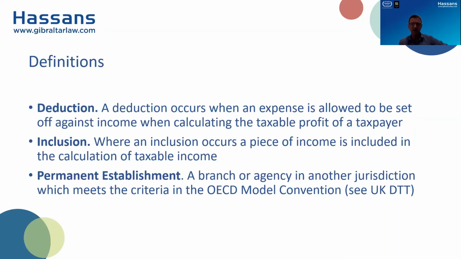Secondly, an inclusion occurs where a piece of income is included in the calculation of taxable income. So if income is not included in the tax calculation, then there is no inclusion. And for hybrid mismatch purposes, that non-inclusion or inclusion has to hinge on the characterization of the entity or the transaction. Thirdly, permanent establishment is a branch or agency as we would know it under our tax legislation